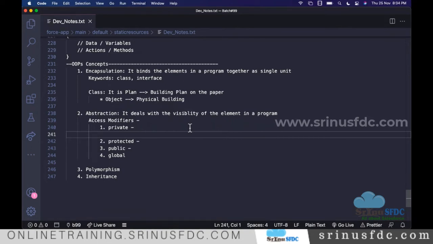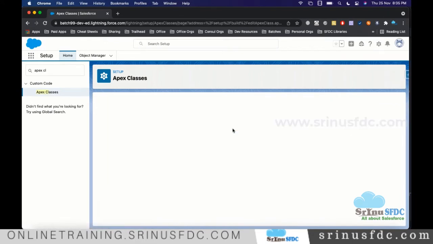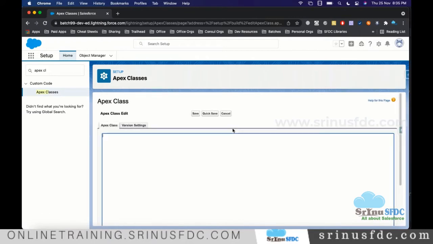That means we are planning. When exactly will that come into reality? When you create the object, right? When you have the car, then only can we open the door, start it, accelerate, and use it. So we have to think like that. Now we are creating this class. Once we log into Salesforce, click on Apex classes on the left side, and click on New. Here we are creating.